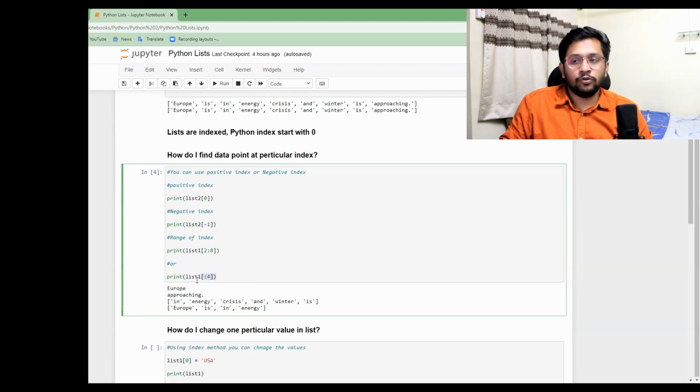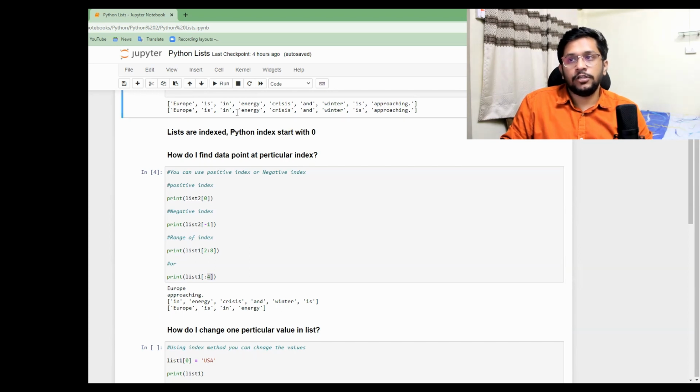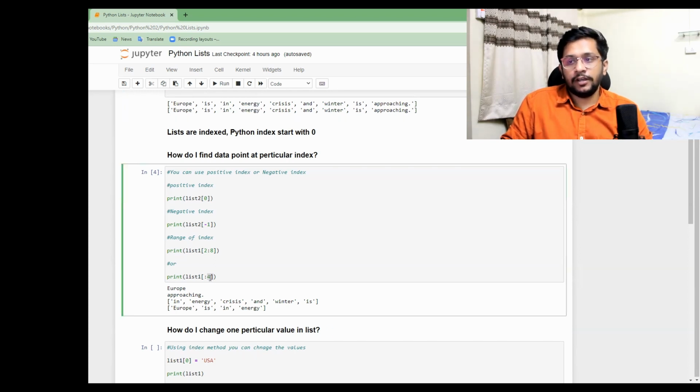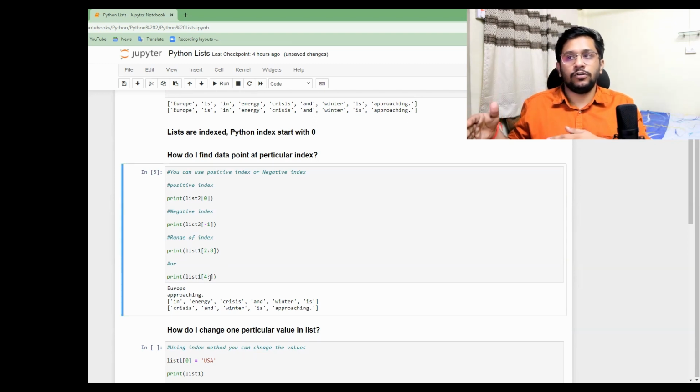Next one is the 4 values that it wants. If you see that it is written after the colon and it says 4, it basically means that I want the first 4 words from the list. If I write it the other way around, what I will get is whatever is there from the fourth word, including the fourth word rather, towards the end. I want everything. That's how it plays.